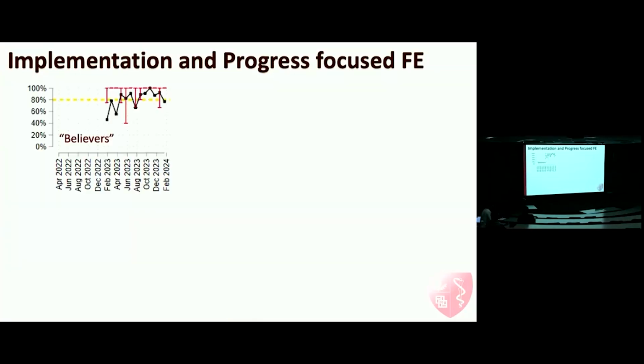I want to share some implementation and progress-focused data. So this is the audit and feedback report we were sending the specialties over the course of the trial. The black was the screening rates: how good are you doing in terms of screening the patients that are coming to your clinics and being booked for surgery? And the red bars were how often you are sending the patients to be discussed in the PAWS board. So as you can see, 80% was our threshold for success.